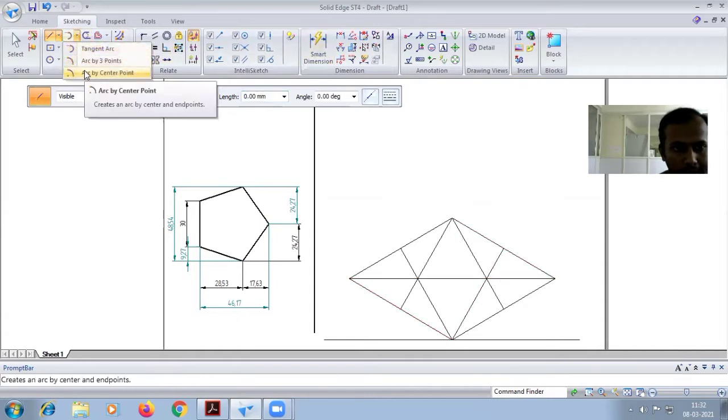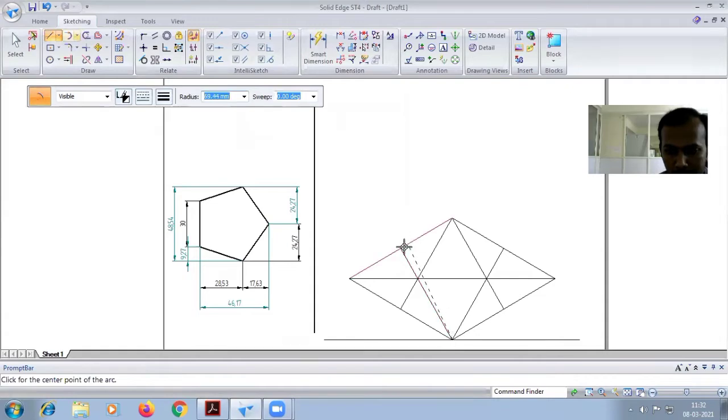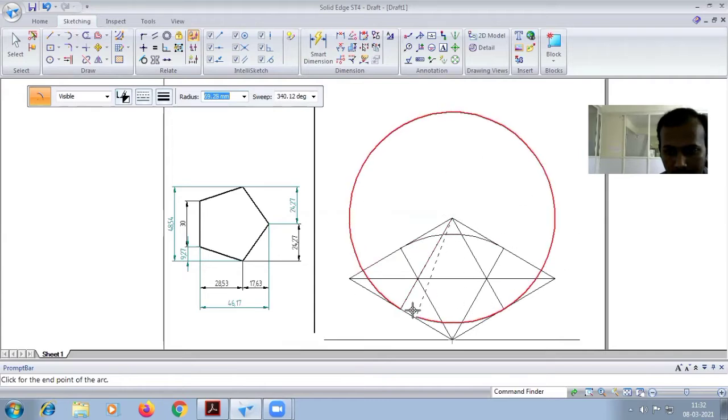Then take the arc by center point, from intersection point to here.